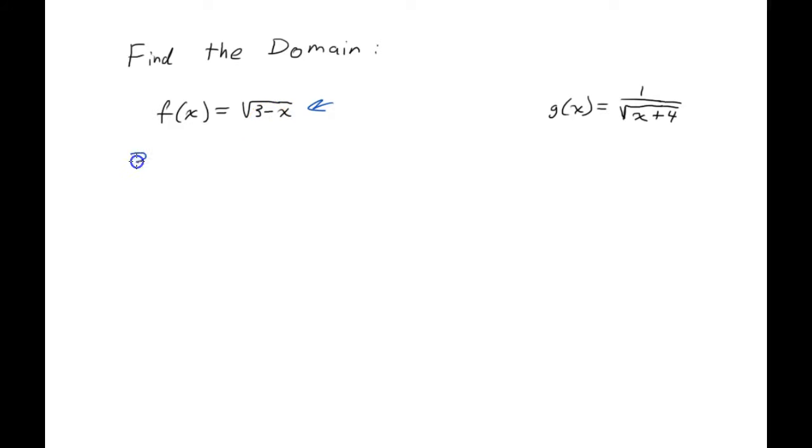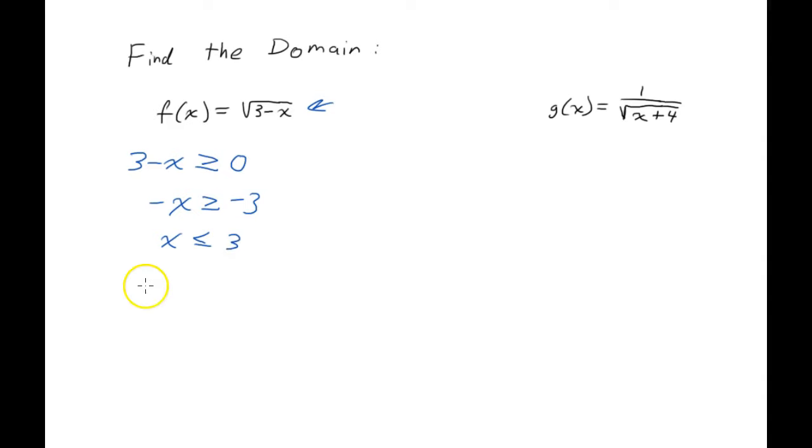So we have to say that 3 minus x must not be negative. So it must be greater than or equal to 0. It can be 0. That's okay if what is under here is 0. The square root of 0 is 0. That's okay. But it cannot be negative. So then we just go ahead and solve this, and we get negative x is greater than or equal to negative 3 divided by negative 1. Remember to change the direction of the inequality sign here, and you get x is less than or equal to